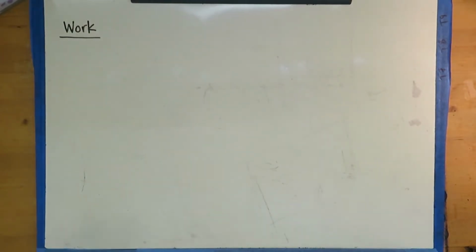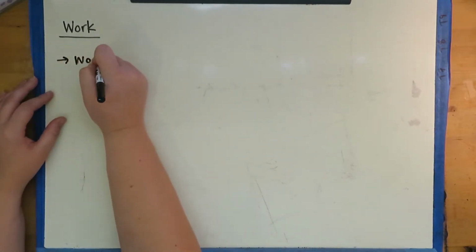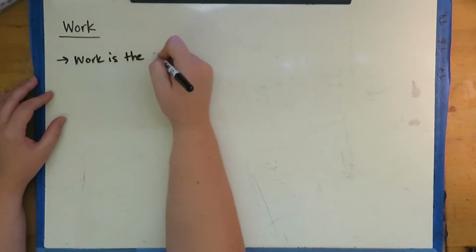When we're dealing with work, work is often equated in English to effort. And that has absolutely nothing to do with it, because I can put forth a lot of effort, I can use a lot of force, and still have no work being done. Work on its own is based on a vector calculus type definition. So it's actually really, really hard to put into words. The best I could do for a definition of work would basically be that work is the force,